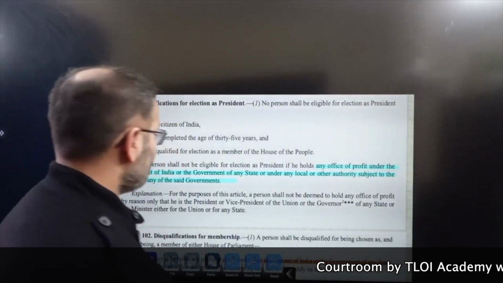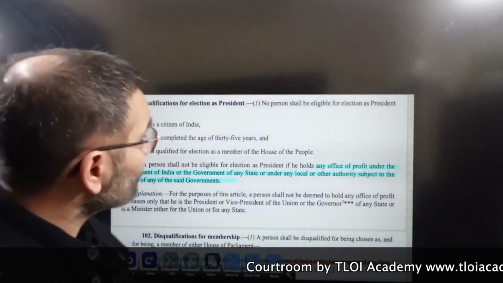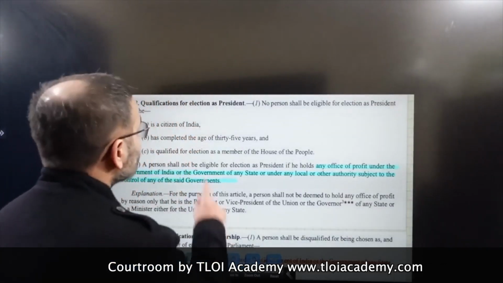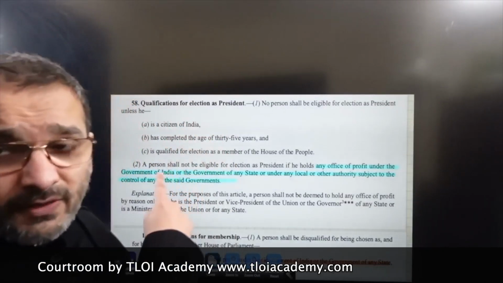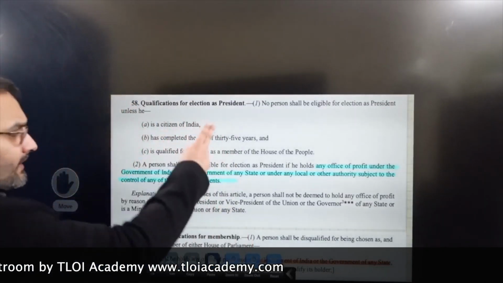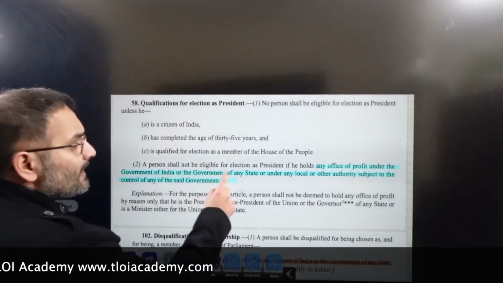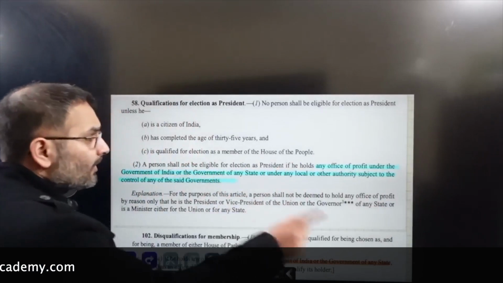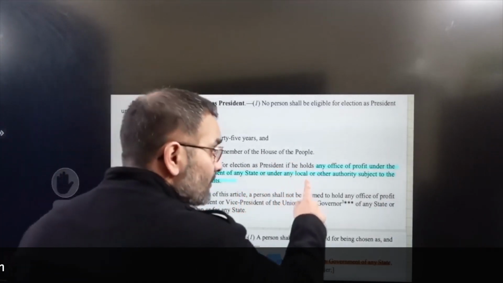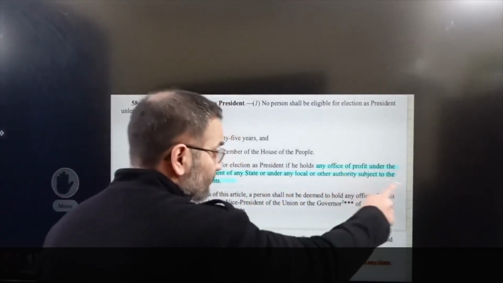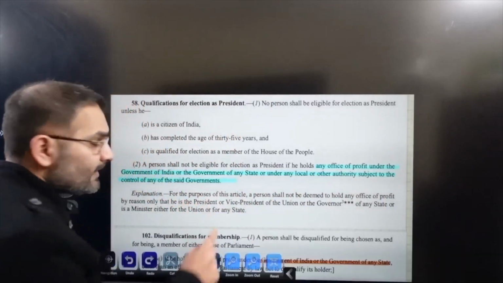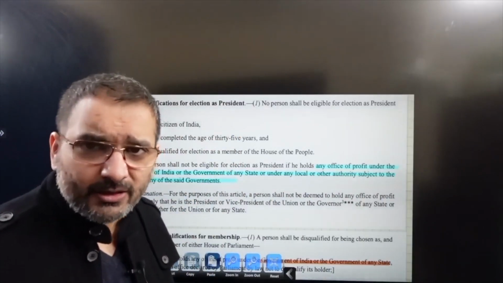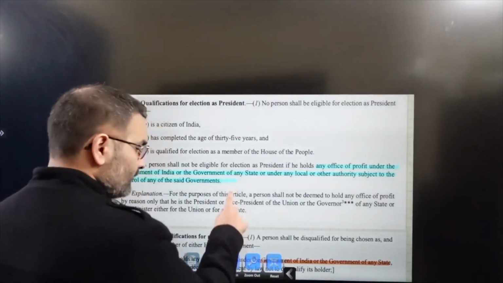Now let us take a look at 58, qualification for election as president, and how it's different from 102. Okay, so open your Bare Act to 58. Qualification for election as president. A person shall not be eligible for election as president if he holds any office of profit under the government of India or the government of any state, or under any local or any other authority subject to the control of any of the said governments. Alright, I believe I don't need to say much more on this. But compare this with 102,